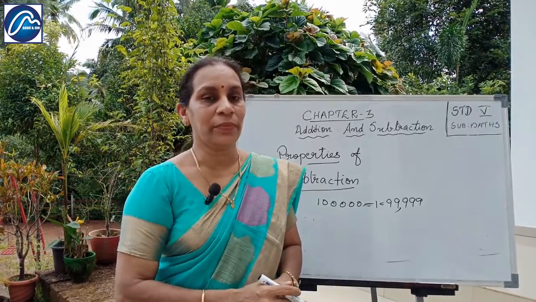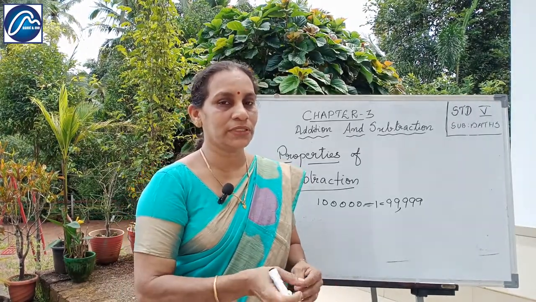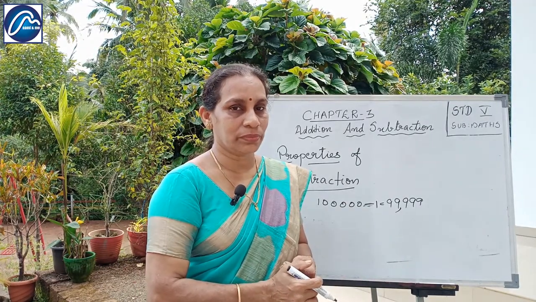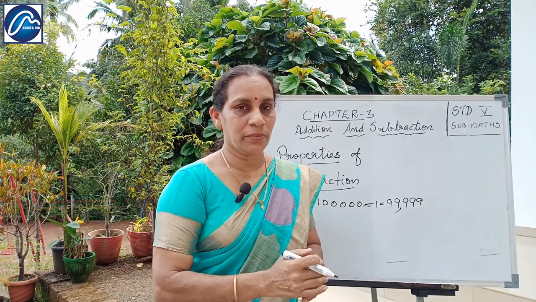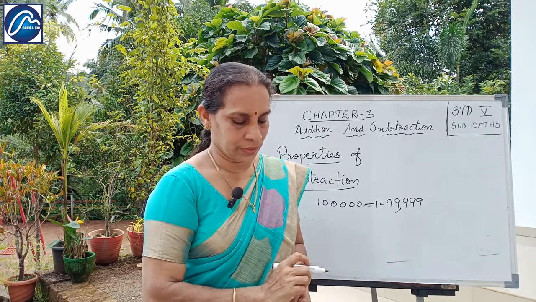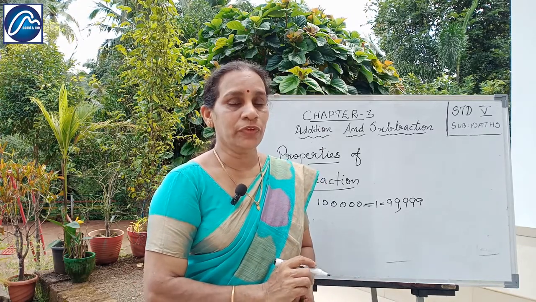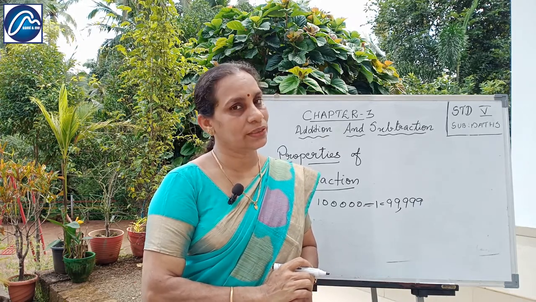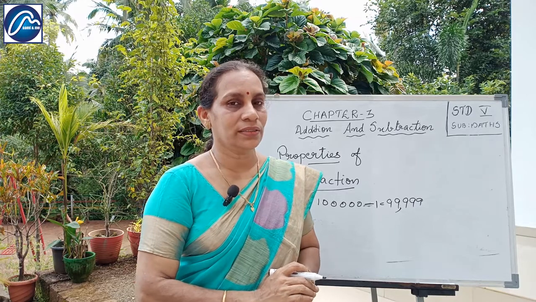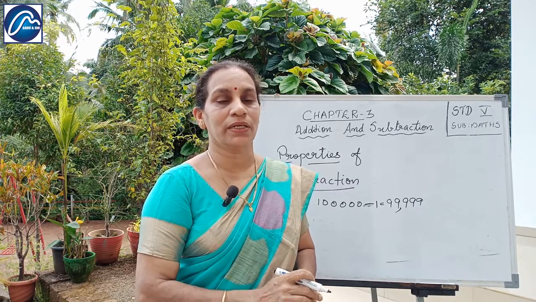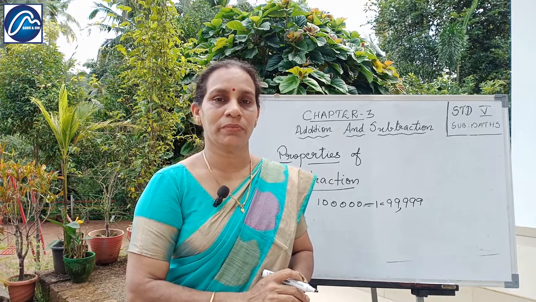You will get the predecessor, just before the number we are subtracting from. This number, 1 minus it, gives the number just before it. And if you subtract 0 from a number, you will get the same number, as in addition. Just as in addition, if you add 0 you get the same number, and if you subtract 0 you also get the same number.